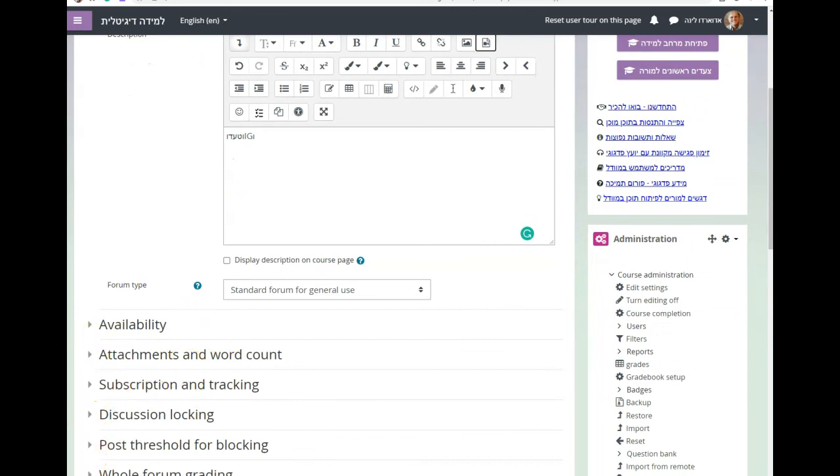They will have to click on the microphone icon and record themselves, or just write either online or uploading a